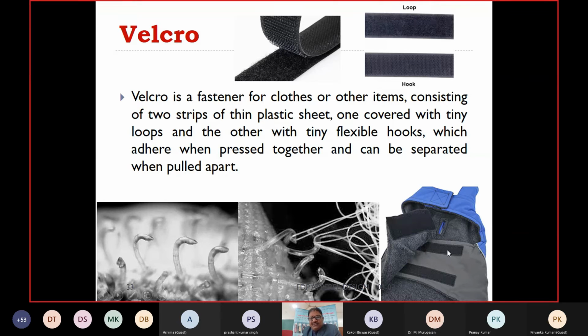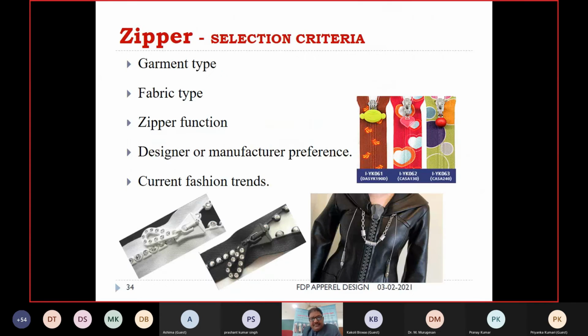So prefer not to use Velcro in knitwear fabrics, but you can use it in non-woven based fabrics or woven fabrics. It is widely used in woven fabrics. And in order to avoid this, you can put some covering in this area. Anyway, Velcro has become a very good closure for the elderly people, for hospital patients, for loose garments, and also apart from apparel, it is used in the footwear industries.